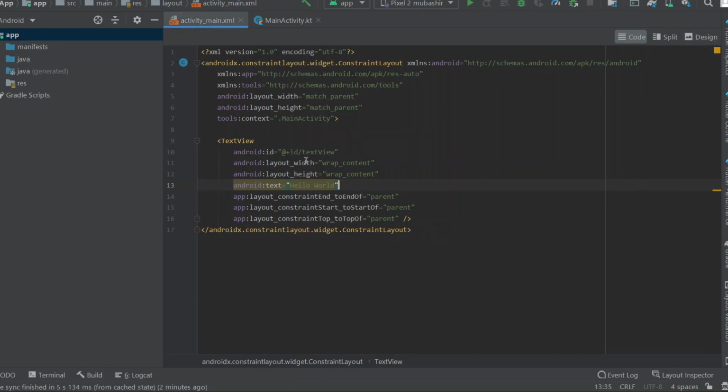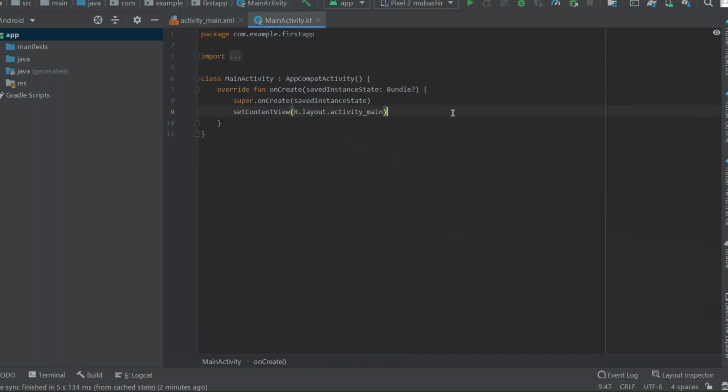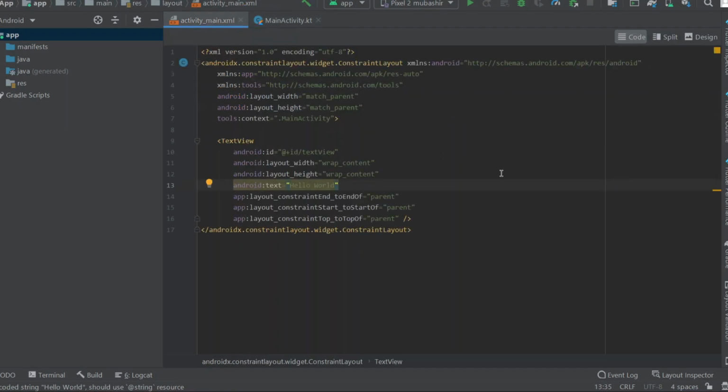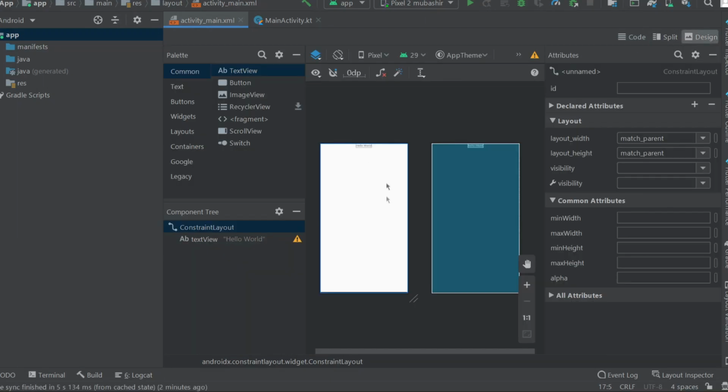So in the previous video I told you that in the XML file all the designing stuff will be done, and in this main activity all the backend stuff will be done. So there are two ways to design our app. The first way is we can do this by coding here manually, or we can do this from the design section.